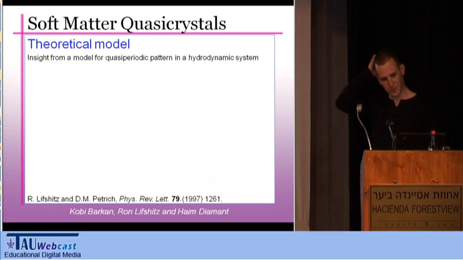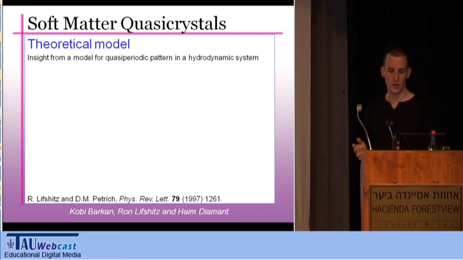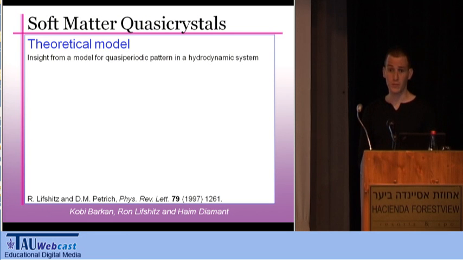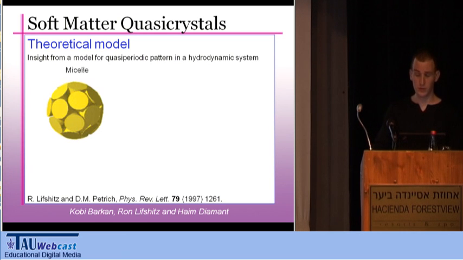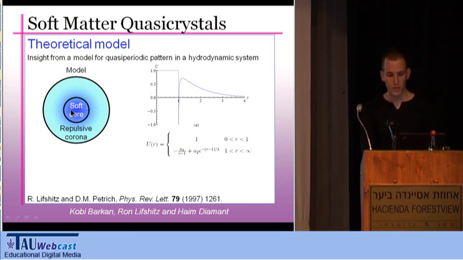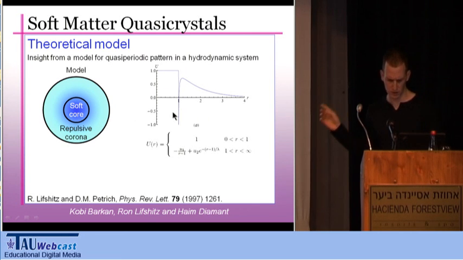Well, then, that's what we did. We are offering a theoretical model, and the insight for it comes from a very different hydrodynamical system, which I don't have time to describe now, but I can describe if you come to my poster. And so I won't tell you about the insight, but let me just tell you that what we did is to replace this micelle with a simple model of a soft core and some repulsive corona around it. And also, in this case, as you can see here, a van der Waals attraction between soft cores, but that is not essential to our model.